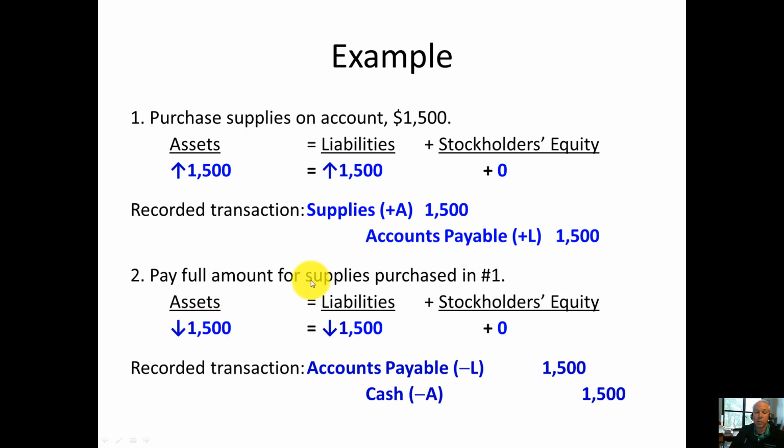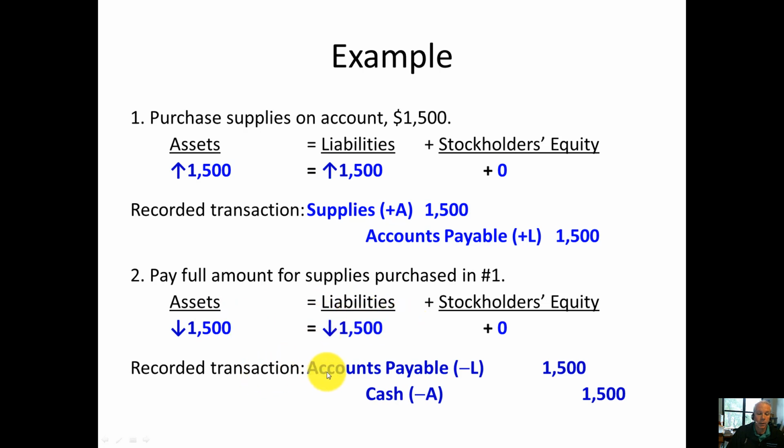But you paid the full amount for the supplies. Well, you didn't pay for them in number 1. You had a liability, accounts payable. So you have to decrease the liability. So on the left side, assets go down by $1,500, and on the right side, liabilities go down by $1,500. No change in stockholders' equity. This is a good transaction because it's zero, up, down on equal amounts on both sides. So therefore, that is a balanced transaction.